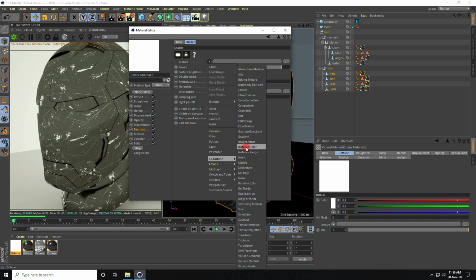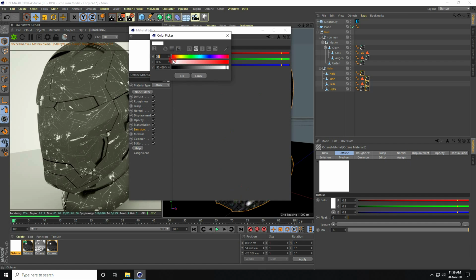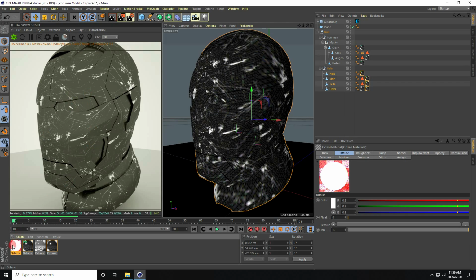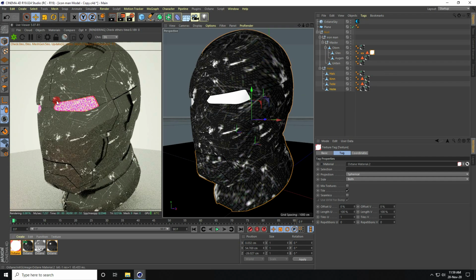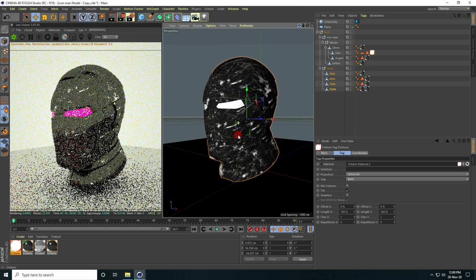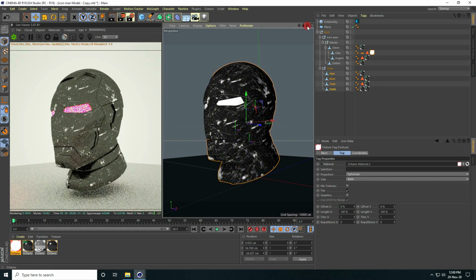And use RGB spectrum and take red color. Yes. And surface brightness check. Yes. And apply on glass. Yes, much better, right?